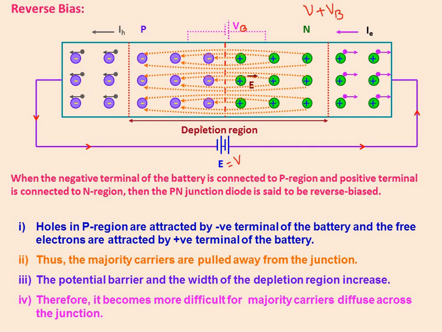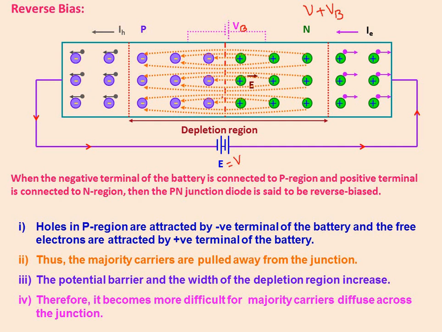So what type of current are you getting here in the reverse bias? Yes, that's true, diffusion and drift currents, that's what I am speaking about. Earlier it was diffusion, now it is drift. Are we clear with this? So in the reverse bias, diffusion of electrons from N side to P side and holes from P side to N side is more difficult, and the diode will not allow electric current through it due to minority carriers. What do you mean by minority carriers? Electrons in the P type and holes in N type, which are the minority charge carriers.